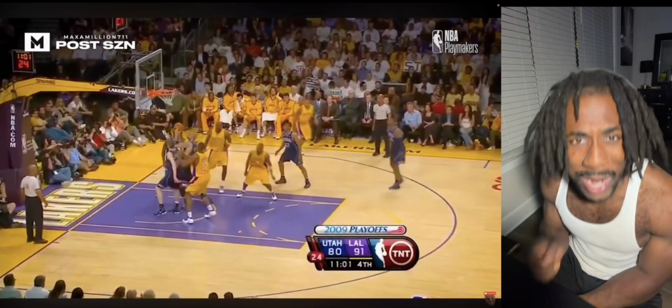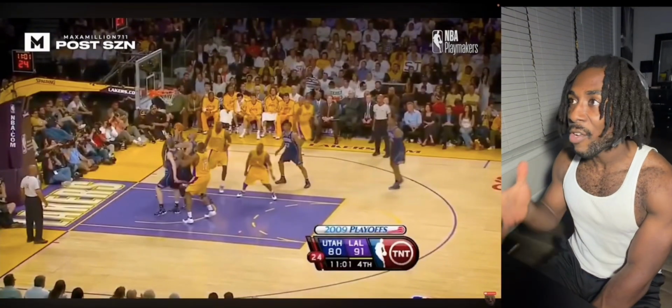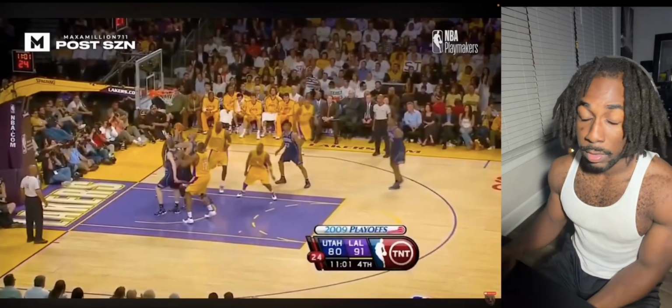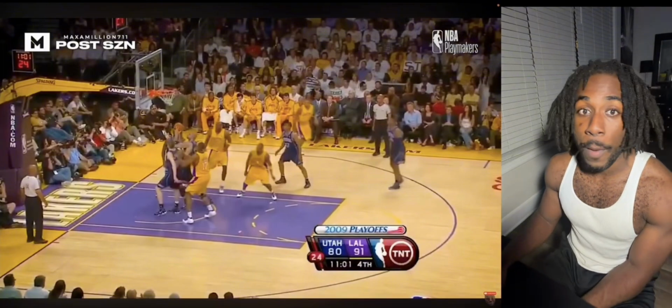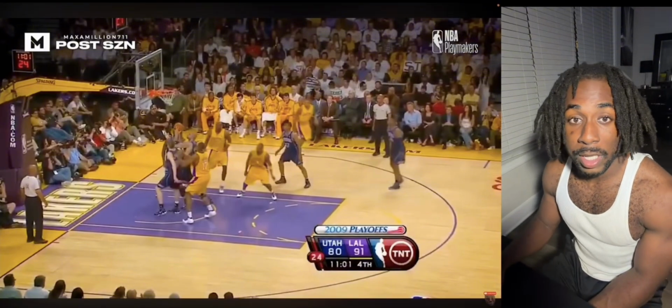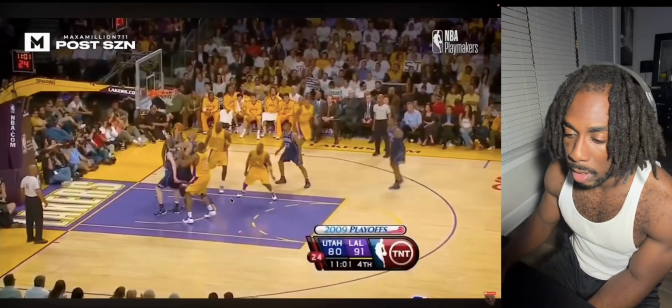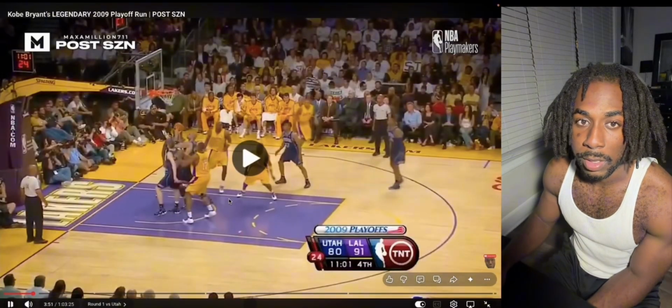Big man, screen, please. Make everybody's life easy. Make your life easier. By screening, it actually opens your game up. Watch. You're going to get a lot more passes, a lot more looks at the rim, a lot more rebounds and putbacks. I'm telling you, I'm saying this for a reason. Trust.